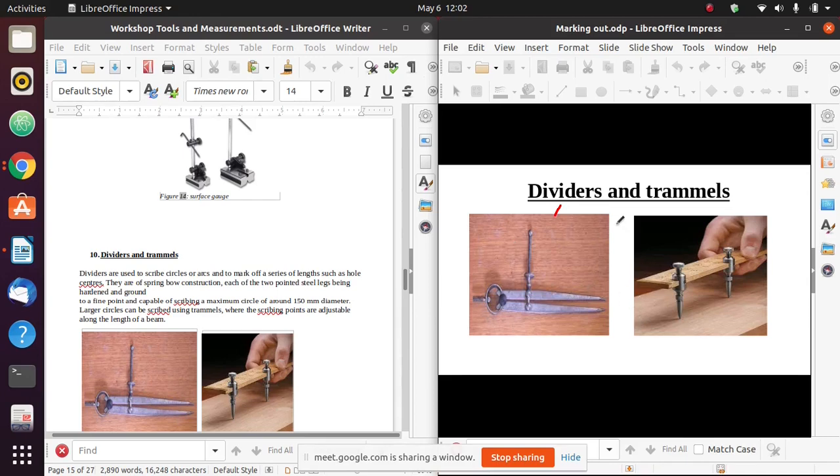We use a divider, for example, if you want to transfer dimensions from a scale to the workpiece. So I will open my divider, measure 5 centimeters on my ruler, for example, and then I can mark that 5 centimeters onto my workpiece. So I can transfer measurements from a scale to the workpiece. I can also measure 2 points on the workpiece